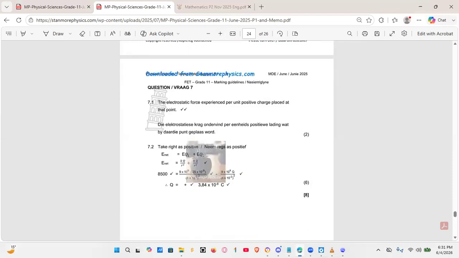Then question seven, so I'm not sure why they made that one negative, because I was really trying to move away